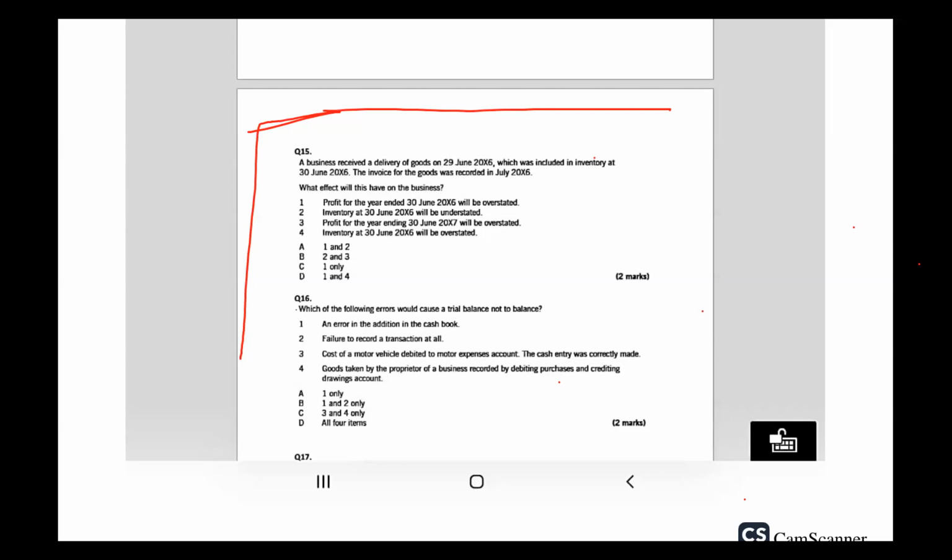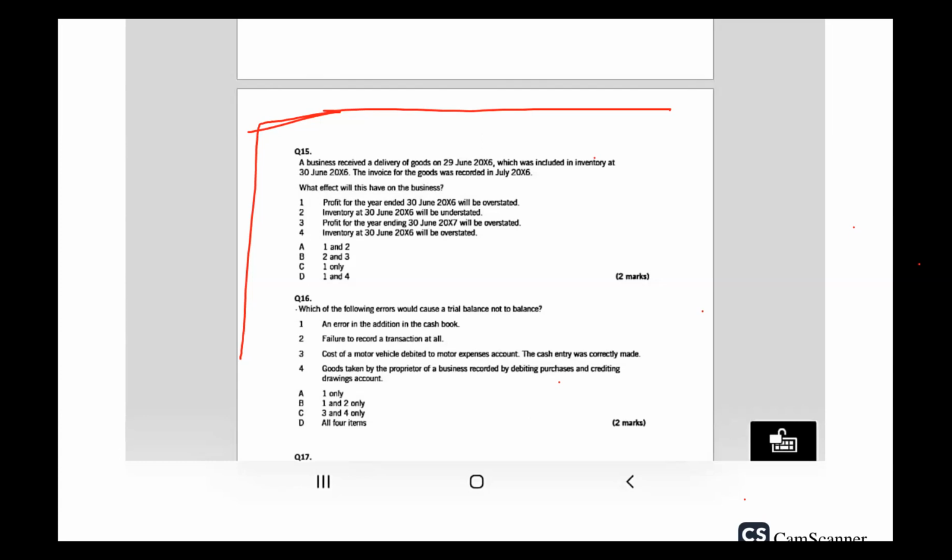This is because... Number 1 and 4, where it's saying profit for the year ended 30th June 2016 will be overstated, and inventory at 30th June 2016 will be overstated. Reasons being, we've been told that